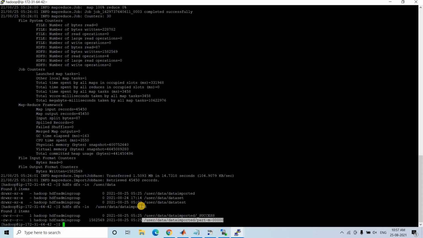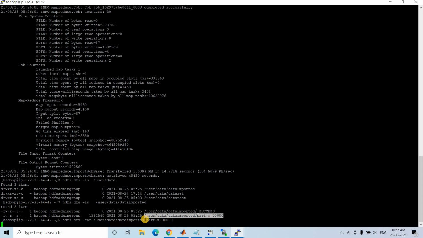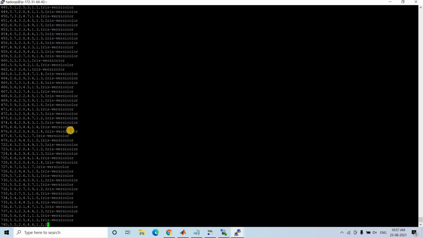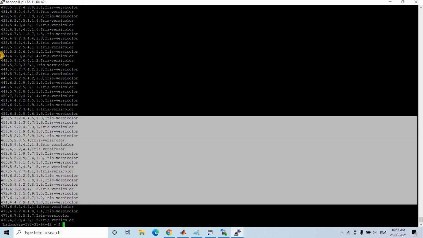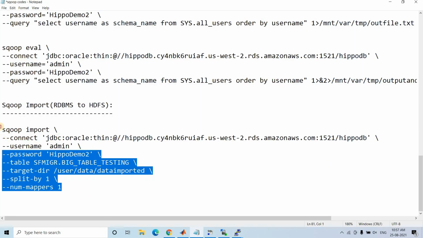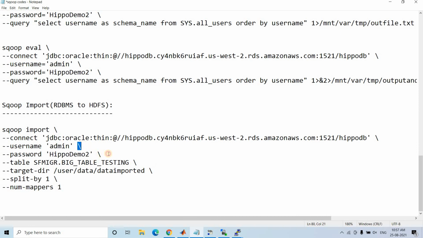If you want to see the data, very simple, we can use the cat command. So hdfs dfs -cat, and then here we can specify the directory, this particular one. Now hit enter, and here you will be able to see our data stored in comma-separated format, that is our popular CSV. So this is actually a single line of code. We are writing it as multi-line, which is why we are giving a slash at the end. Otherwise, it will throw an error. Make sure you are giving the proper slash.